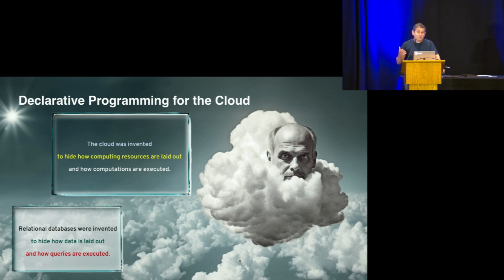If you want to program an elastic infrastructure that grows and shrinks over time and uses different kinds of hardware with workloads, you want to specify that at a high level and then have it evolve itself over time with workloads. That's precisely the kind of thing that Codd was thinking about and that our community is so very good at. And so I really firmly believe that there's huge opportunity for the database community to take our lessons, dig deep, and extend them to the cloud and to declarative programming for the cloud.